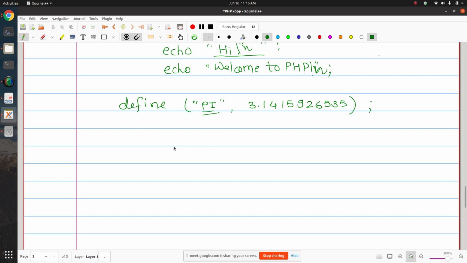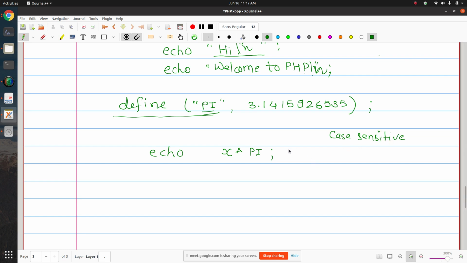For example, you can echo x into pi, so the value of x will be multiplied with this constant pi. When you define a constant this way, the constant name is case sensitive, so keep that in mind.